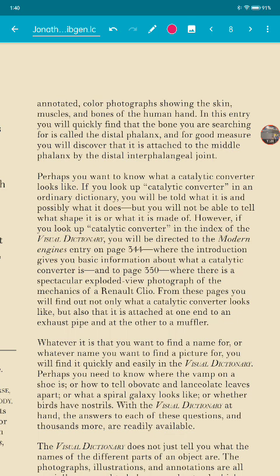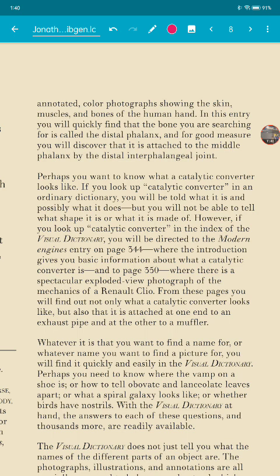In this entry, you will quickly find that the bone you are searching for is called the distal phalanx. And for good measure you will discover that it is attached to the middle phalanx by the distal